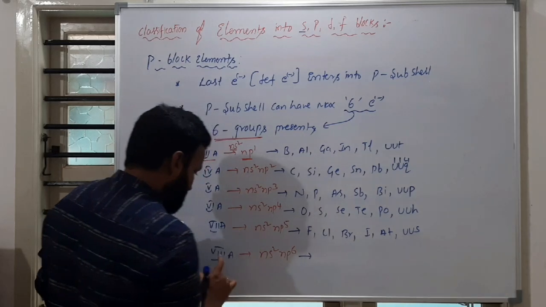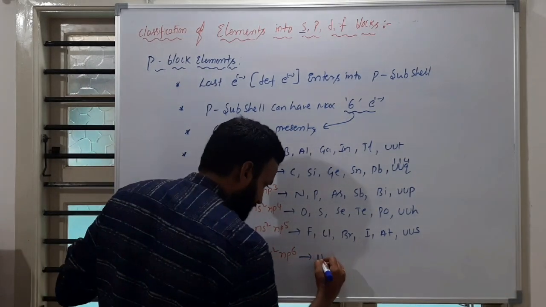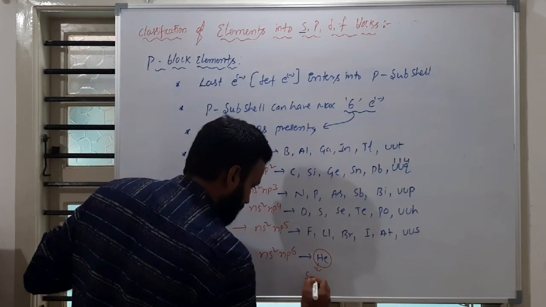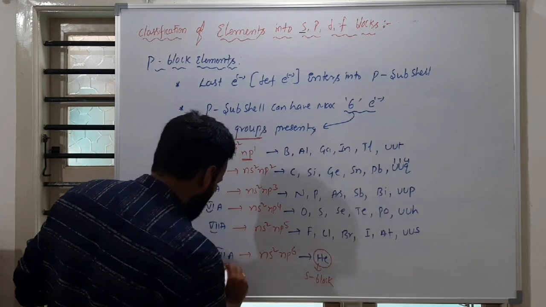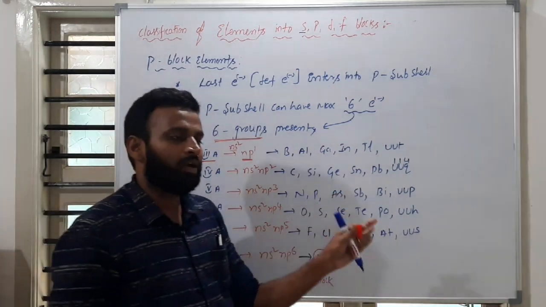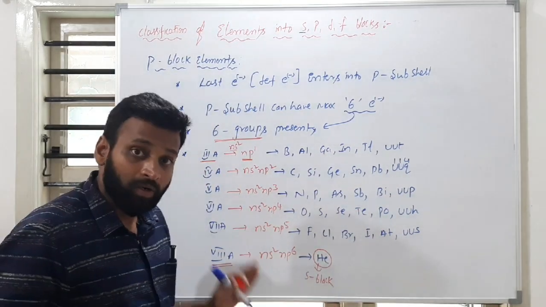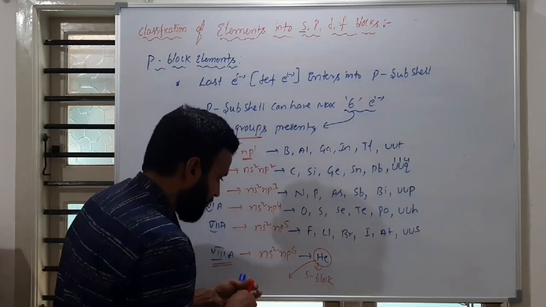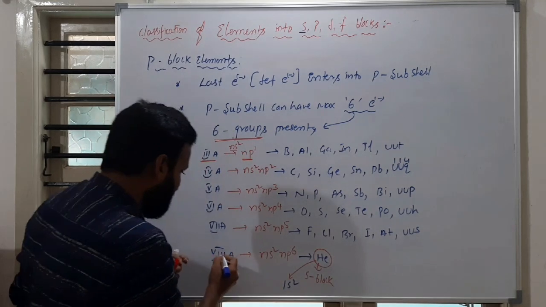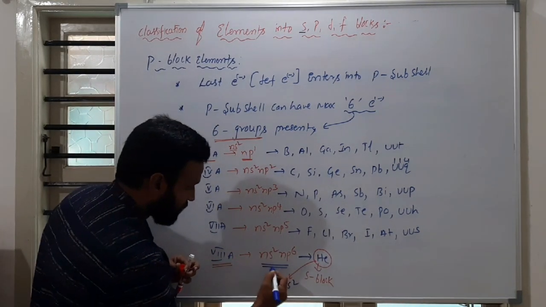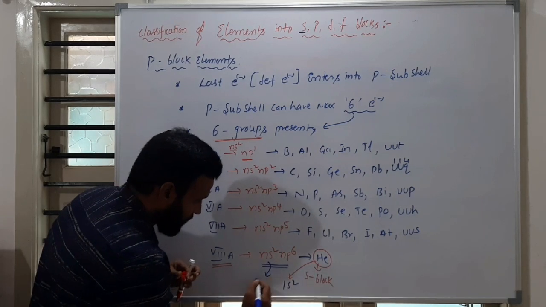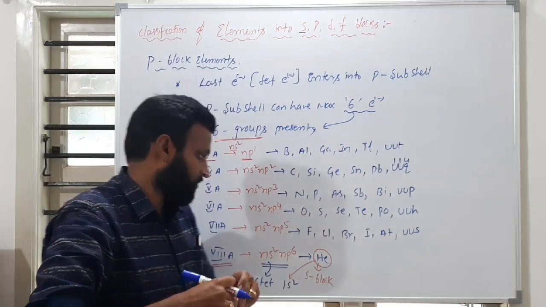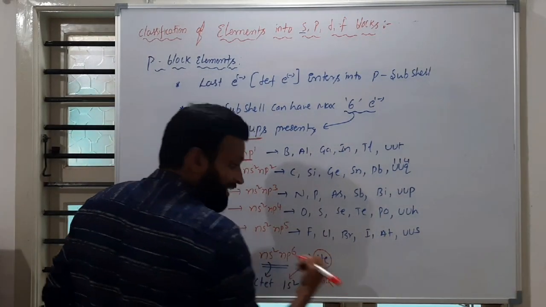And here you are having 8A, again I am writing helium, but don't include in P block. Helium comes under S block elements, but 8A group elements are who? Means helium, neon, argon, krypton, like that you have to say, because helium configuration is different. Helium configuration is 1s2. But here this 8A group elements configuration is NS2 NP6, which we call octet configuration. What configuration that is called? Octet configuration.